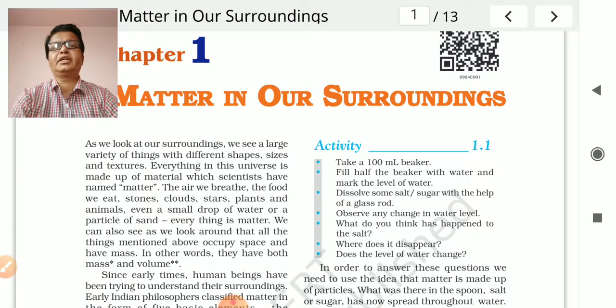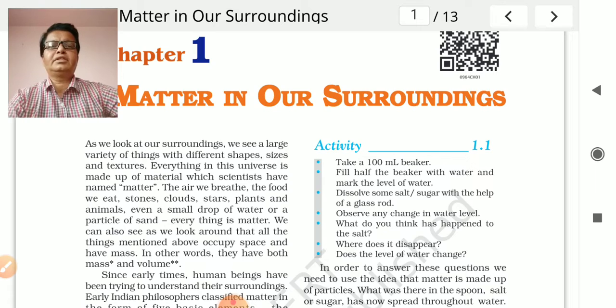Suppose you take only a piece of chalk. Chalk contains some material, and that is called matter. What is contained inside the table, inside the chair, inside the chalk, inside the stone, the air, the food, whatever the content, that content is called mass. That means each and every matter has mass and volume, because it occupies space and contains some material inside, which is called mass.